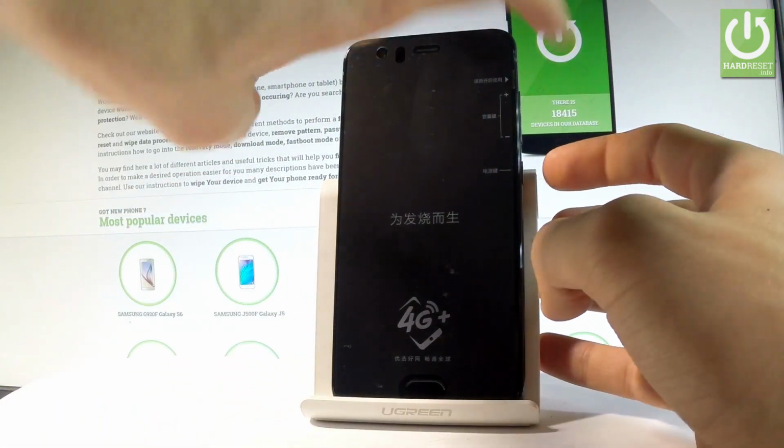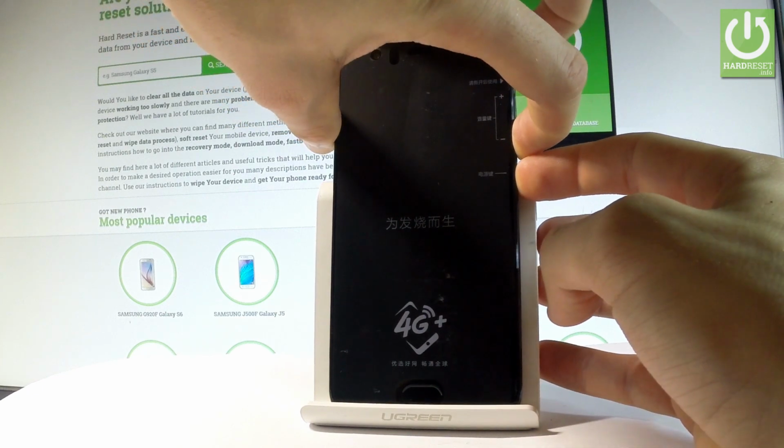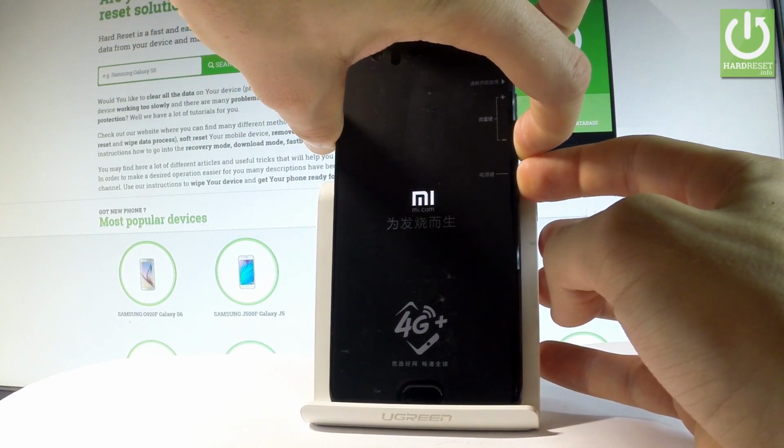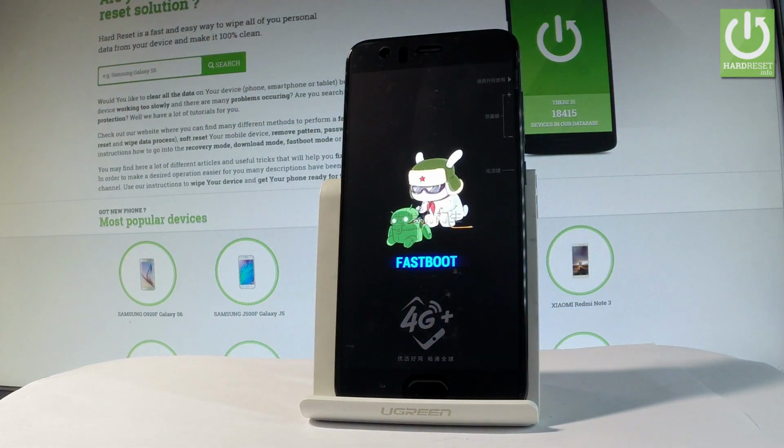and volume down. Let's hold down together these two keys for a couple of seconds. Keep holding both keys and release them as soon as Fastboot pops up on the screen. So now you can use your desired mode, or if you would like to quickly switch off the Fastboot mode,